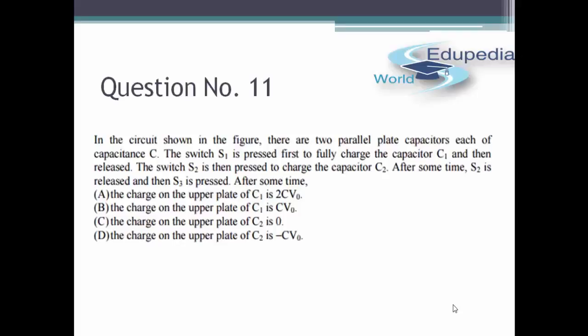Right. So let's start with question 11. There are 2 parallel plate capacitors, each of them have a capacitance C, and first switch S1 is pressed to fully charge the capacitor, and then it is released, and S2 is pressed, and then S2 is released, and then S3 is pressed. So I'll just draw the configurations after the things have happened. So initially nothing has happened, then we press switch S1 to fully charge the capacitor C1 and then release it. So after pressing and releasing switch S1,